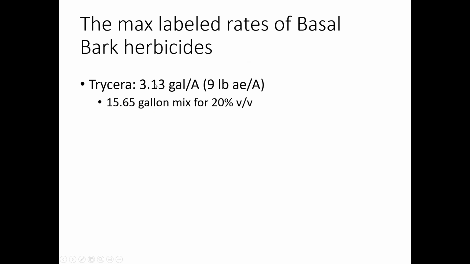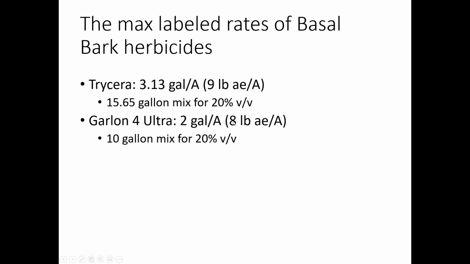Because it's a formulated product, it's up to 3.13 gallons per acre. Yeah, okay, 3.13 gallons per acre. So 9 pounds per acre is what that's going to be. So a 15.65 gallon mix. For Garlon 4 Ultra, 2 gallons per acre or 8 pounds acid equivalent is the max, which